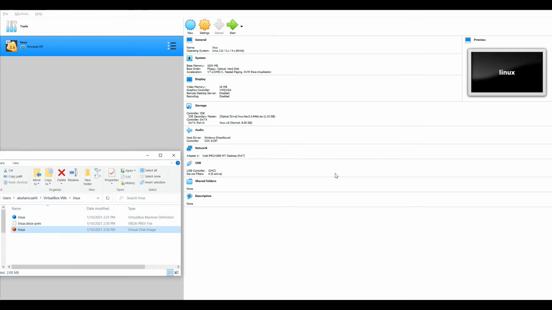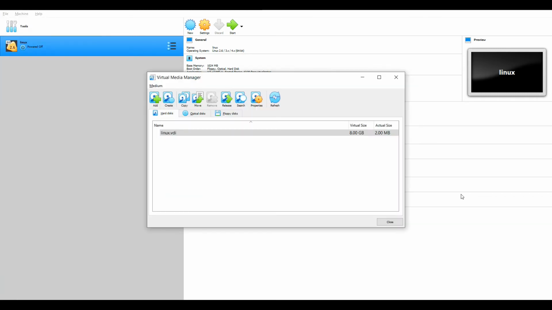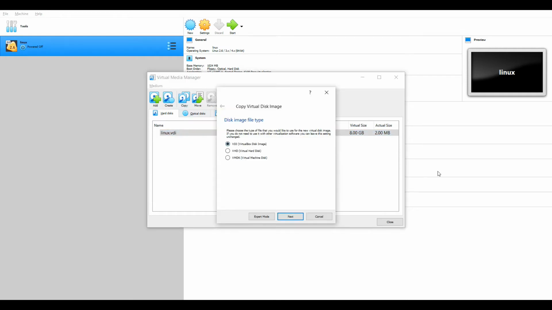Enter that. I'll go back to that again. So I will be copying this image now. Copy. Then it asks me to choose the file type for the converted image. I am going to migrate my VDI to my VMware Workstation, which supports the VMDK format. I click on that, then VDI will be converted to VMDK. Next. So I am naming it